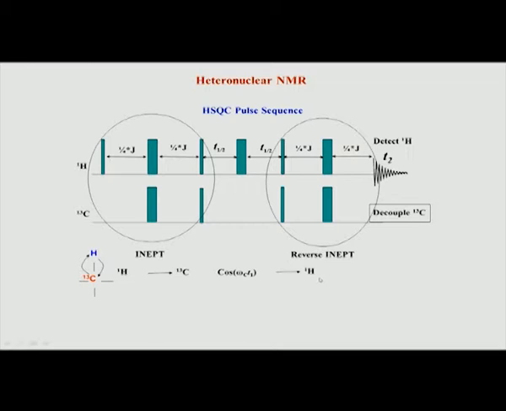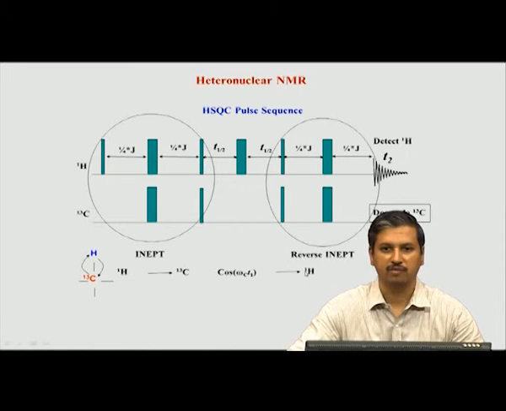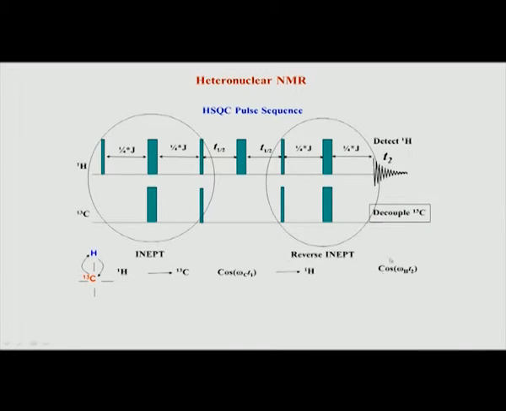Then you transfer back to proton during this period, that is reverse INEPT. So, it is exactly a reverse of what you get here. That is why, if you look at the picture, they are very symmetrical. If I, for example, draw a line here at the center, it is exactly symmetrical. So, it is a reverse of the INEPT here. After the end of this reverse process, now the proton magnetization is on the xy plane, and during that period it starts evolving. As you can see here, there is a chemical shift of hydrogen which is captured during the T2 period,